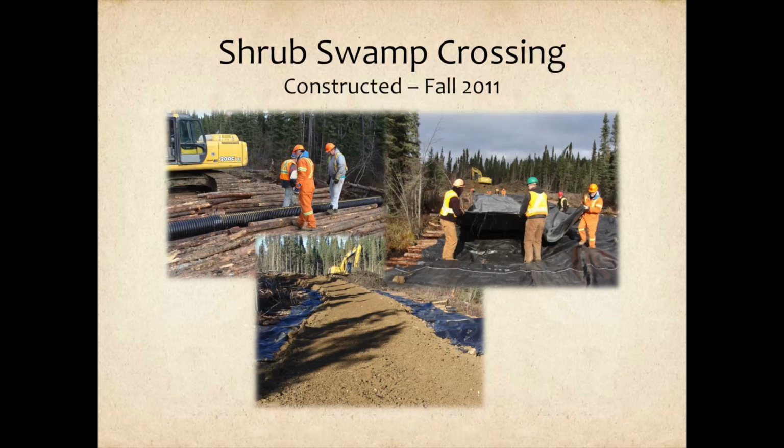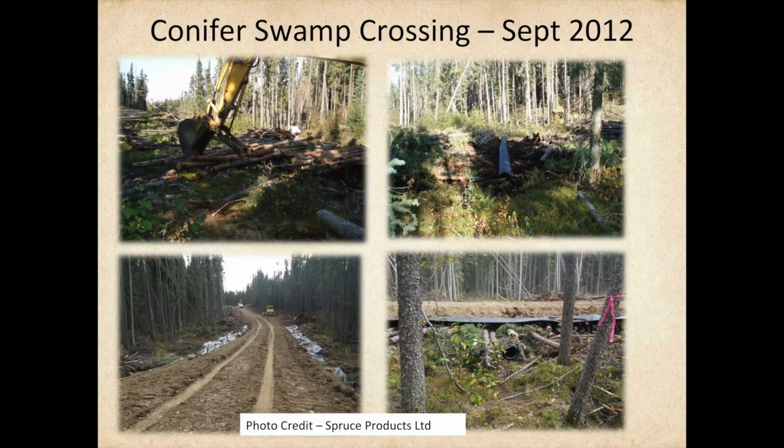And the second one was through Conifer Swamp, which was built later. The same principle was applied, the combination of geotextile, pipe, and corduroy. But why I wanted this picture left in here is look at where the road surface is from the ground. And that's after traffic had been traveled along that road. So the ability to use this geotextile in combination with some other local materials really was an effective way of